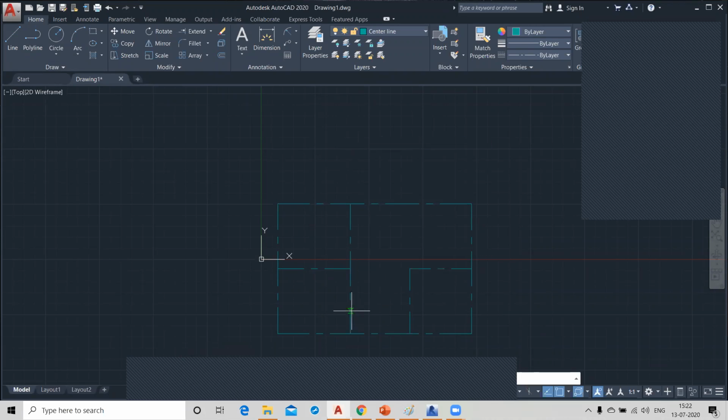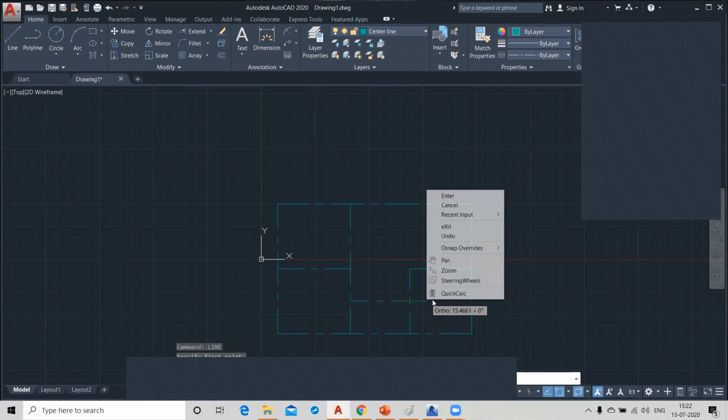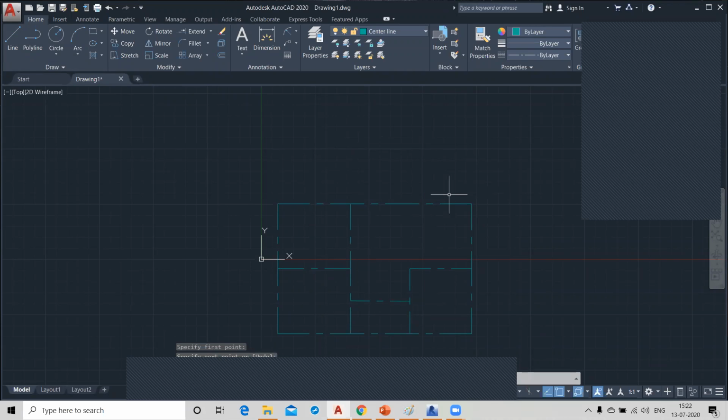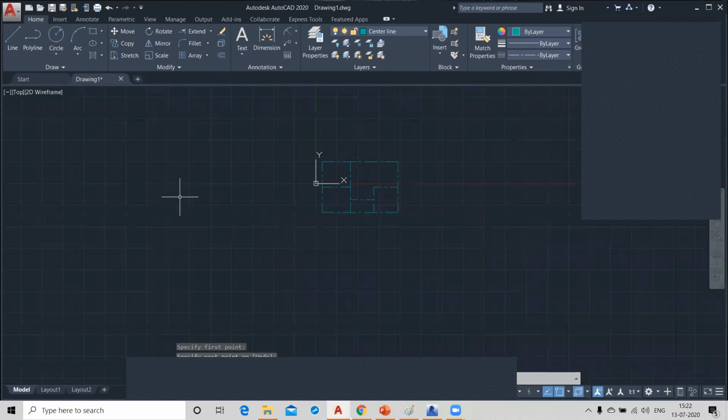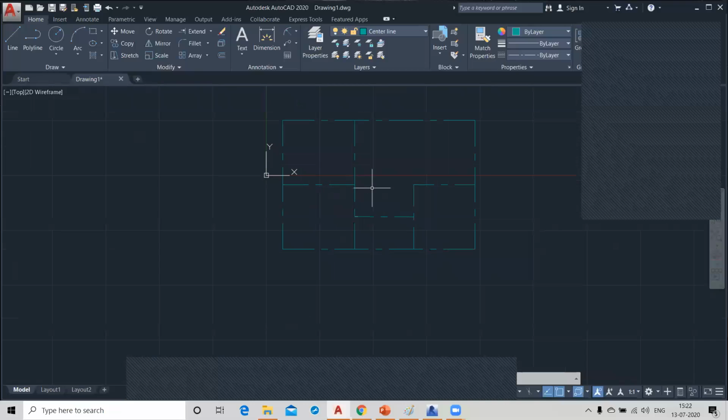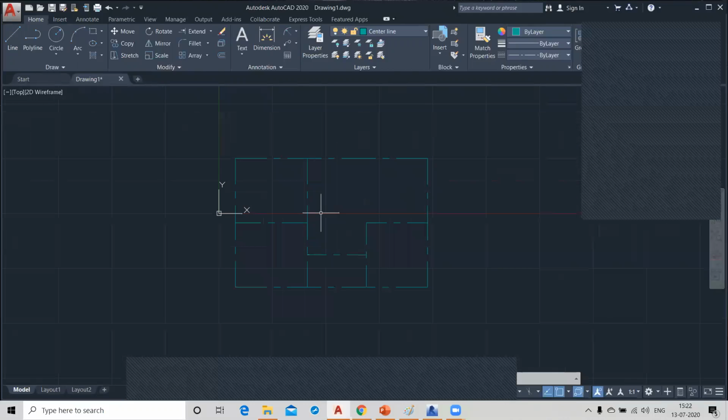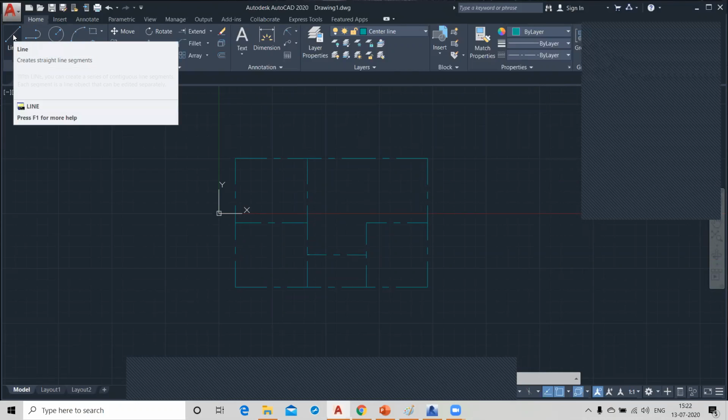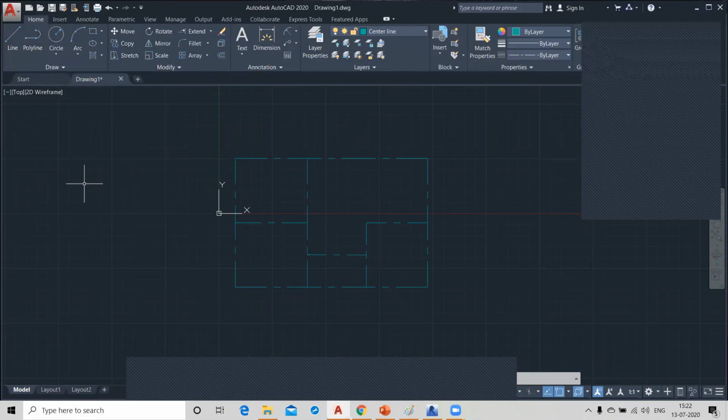Like X and Y, is there any restriction within that, sir? Yes, you can. We can draw outside of it also. You have this big screen. Anywhere you can draw it. No, no, no. Everywhere you can draw it. So, once the diagram is ready, later on we can apply layers on that. Yeah, it is possible also.